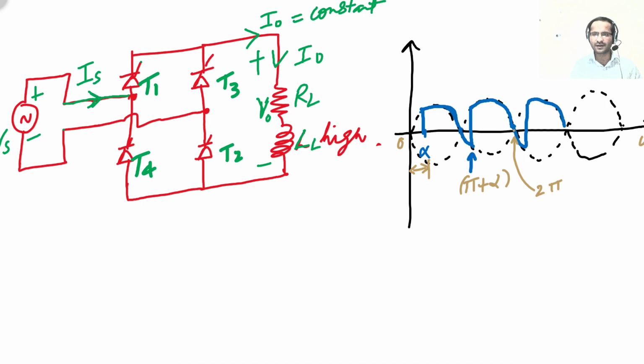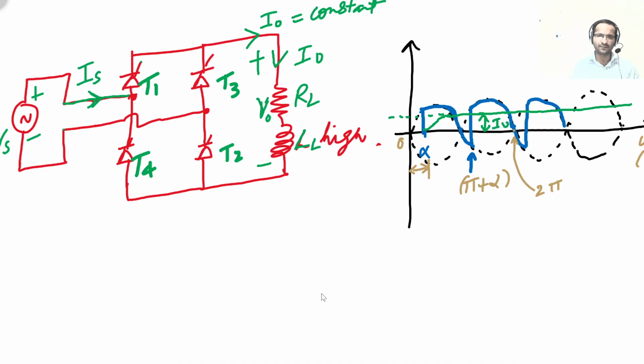and this axis is the omega t axis, not the time axis. So we can take radians or degrees, either. This is how output voltage varies with respect to the omega t axis. This is the output voltage. Now if we draw the output current waveform, output current starts from 0, and since the large inductance doesn't allow the change in output current, it is almost constant. So this is the magnitude of output current.